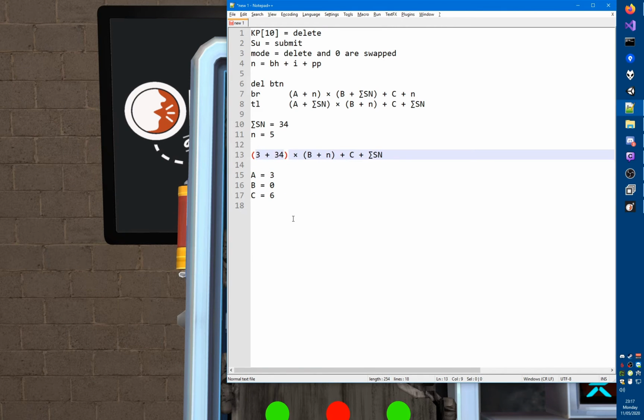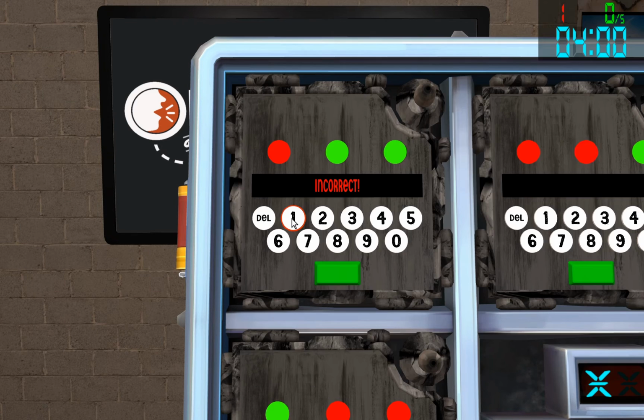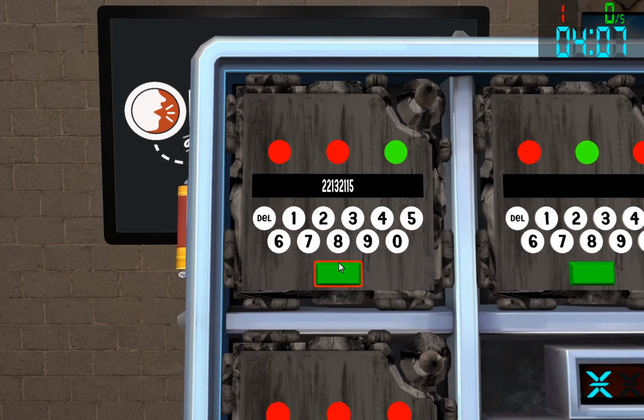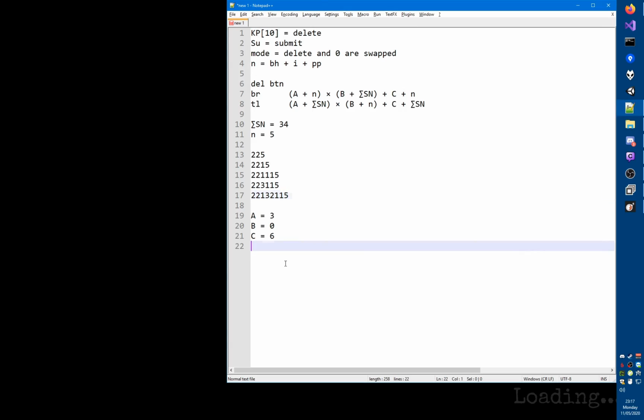3, 34, that would be 37, times 5, that would be 185, plus 6, plus 34, which is 40, so that's 225. So we have 2 2s and 1 5, then we have 2 2s, 1 1, 1 5, then we have 2 2s, 3 1s, 1 5, and then finally we have 2 2s, 1 3, 2 1s, 1 5, and the answer would be 2213, 2115, solved. Okay, I believe that's it done. So with that,